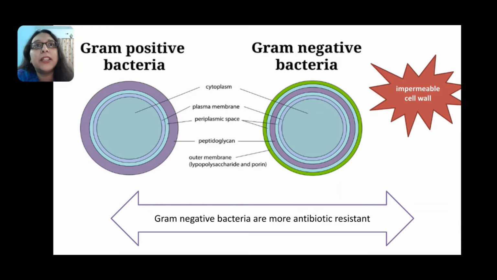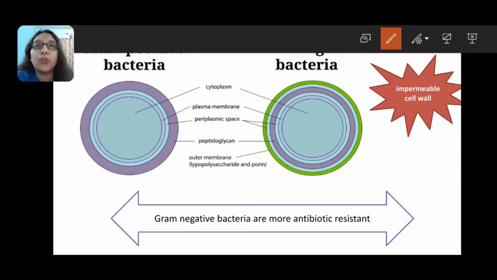Now you can ask me that why is it that the gram positive bacteria takes up this stain, whereas the gram negative bacteria does not take up the gram stain? To understand this, we have to know what is the composition of the cell wall of the gram positive and the gram negative bacteria. In the gram positive bacteria, we find a layer which is the peptidoglycan layer. This peptidoglycan layer is the outermost layer in case of a gram positive bacteria, and in case of a gram negative bacteria, as we can see, the outermost layer is made up of a polysaccharide layer.